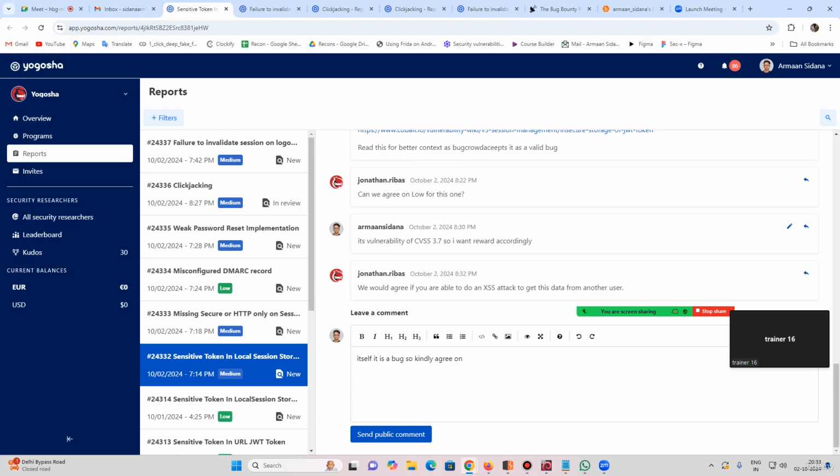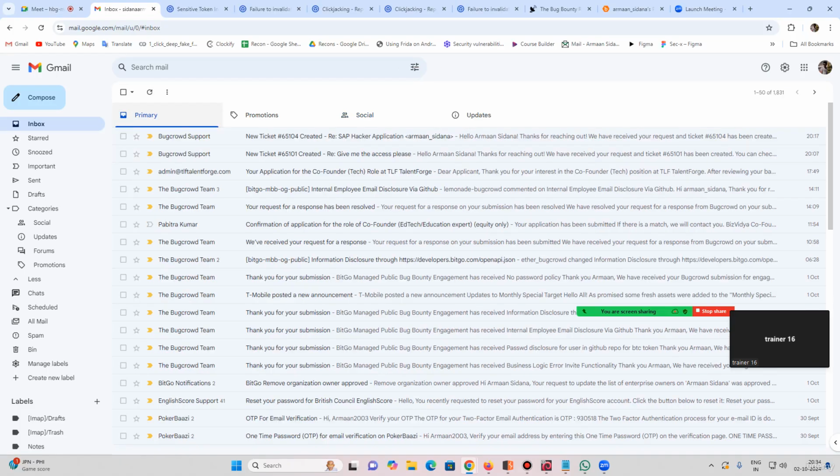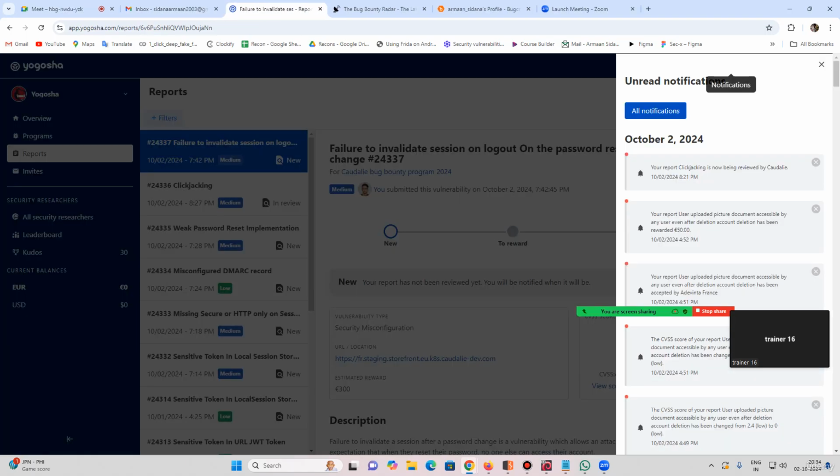So we need to work with the triagers. So you need to be very polite and cunning at the same time to deal with these fellows, otherwise they won't give you anything. All right, so